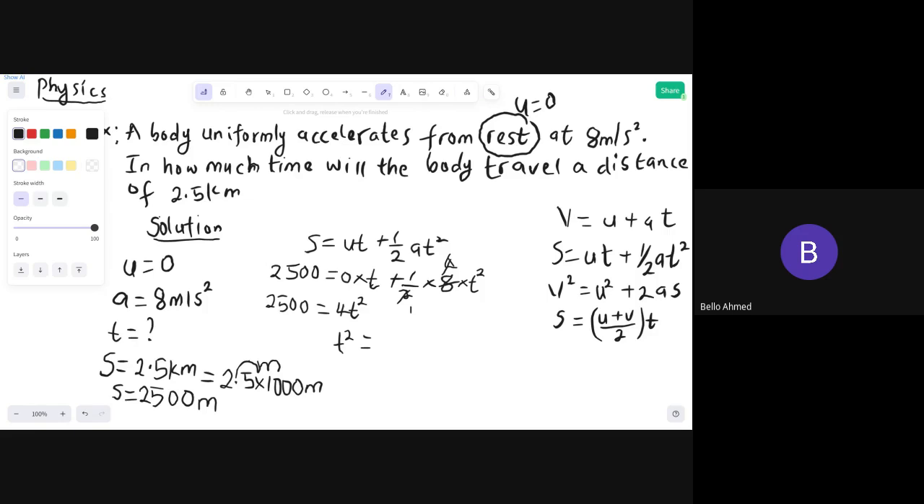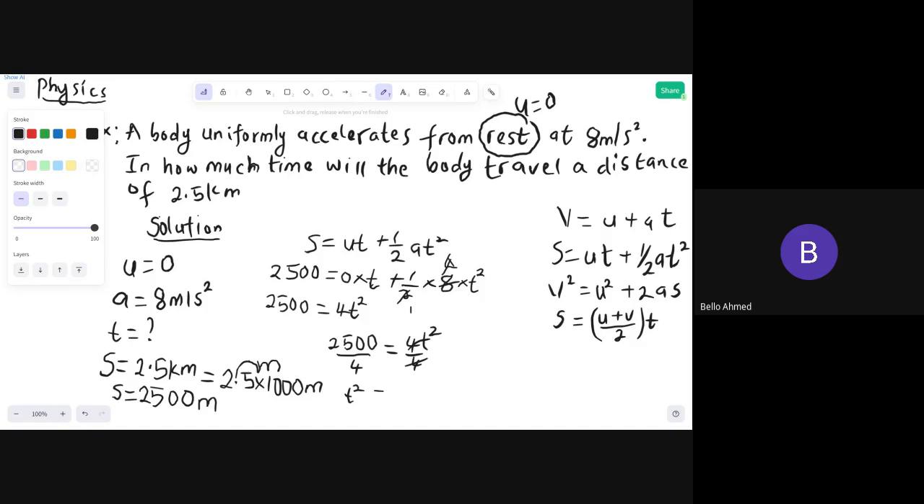Now, for clarity, because some people might be asking the question, how do you get that? Well, it's actually like this. 2500 divided by 4 is equal to 4t squared divided by 4. So this 4 is going to cancel this 4, and it's going to remain t squared here. So I'm going to say t squared